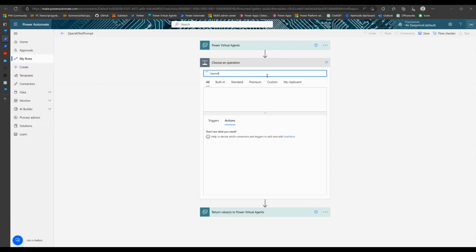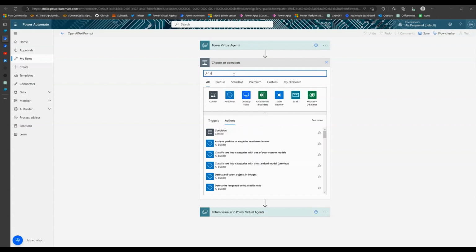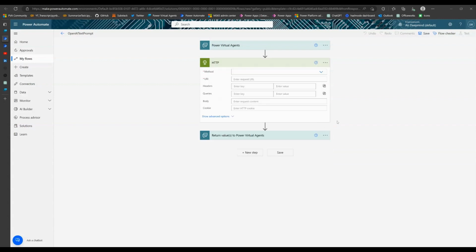Now there is already an OpenAI connector here. This is a text completion connector that's been made by someone already. In this tutorial, we're not going to use this existing connector. We're going to build our own, and we're going to do it for the image as well as text completion. So all we need to do is select HTTP instead. We're going to select the HTTP connector. And remember the test we did with Postman, this is where you're going to use it. You're going to use a POST. The URI is